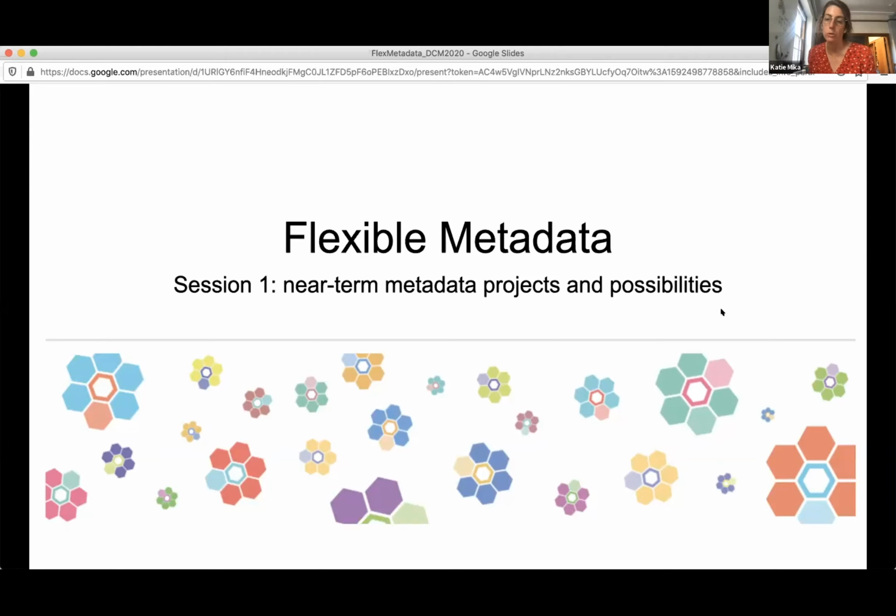This first one is going to be focusing on near-term metadata projects and possibilities, and then the one tomorrow morning, or morning Eastern United States time, is going to be focused more on long-term future implementations, integrations with other external tools, things like that. So bigger, longer-term projects tomorrow. Most of the projects we'll be talking about today will be things that have already happened or that are implementable in the current version of Dataverse.